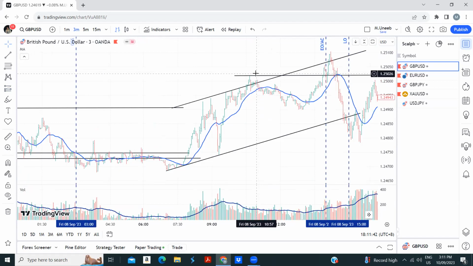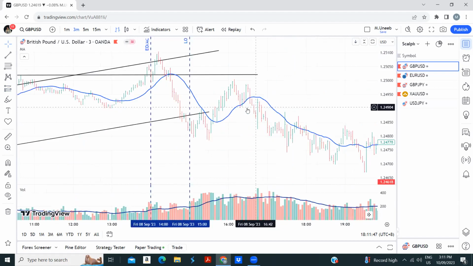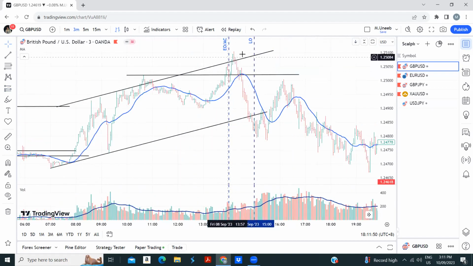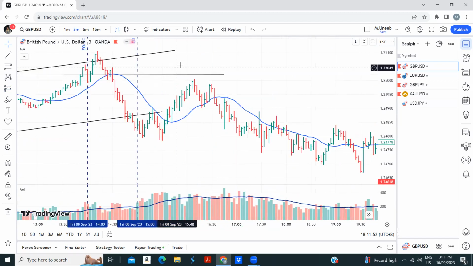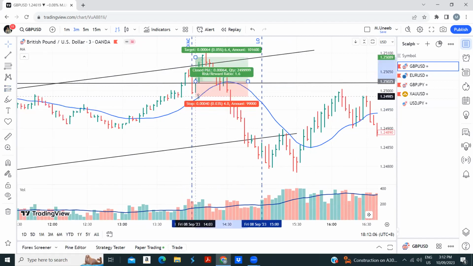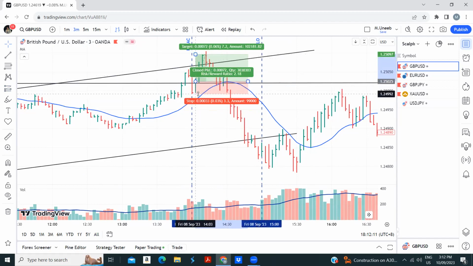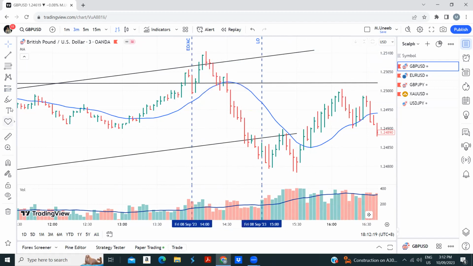So accumulation was here. Until here, there was accumulation. But as soon as the price becomes overbought here, and then the testing, and then the price tested over here. You see there's an EO. And now the price is within this range, you can see within this trading channel. So you can always trade it like this. But you will not get a high risk to reward ratio. So even if you are in a trade, you must exit once the price becomes overbought. Got it? And now once the price is overbought,